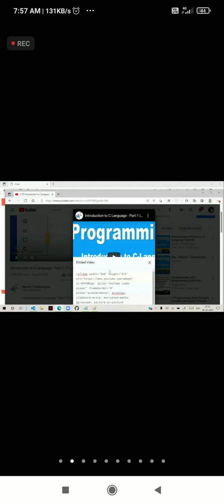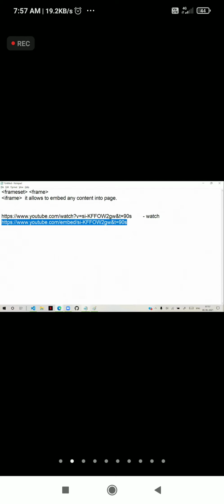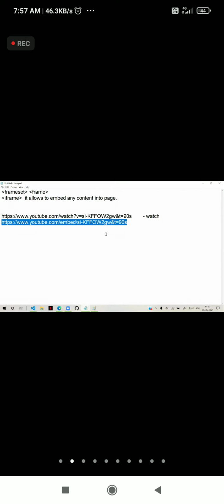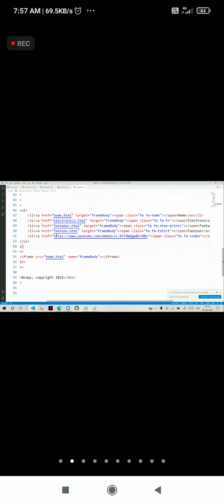We already have an iframe, and we need to embed that iframe into that iframe. This is the embed code for that. Actually, the same embed code we are having now. This GWT is not required, but we can just remove that and you can keep it. Observe carefully. Here I am embedding that, but where to open that embedded link? It should open in the target. Target is equal to the frame body. It should open in the frame body.